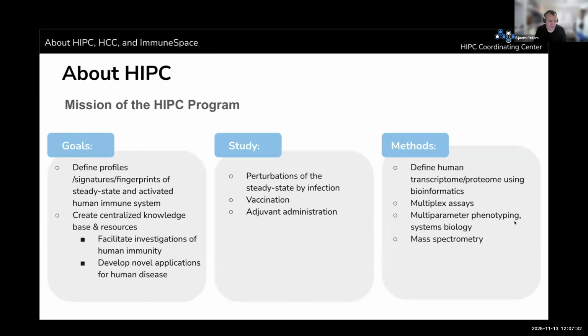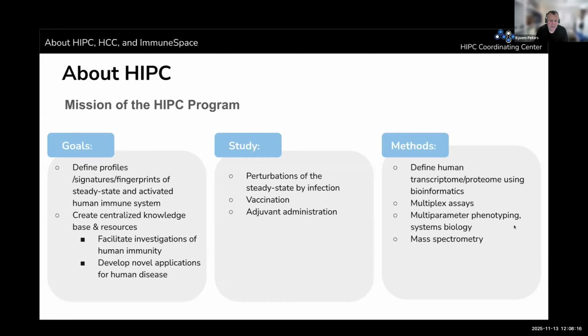So one of the goals is that each center studies human immunological problems where you have a perturbation, such as vaccination or infection or transplantation, and by profiling a number of human subjects that undergo this perturbation, you see what kind of things are perturbed and how those relate to outcomes. So what we want to do is have a resource where we can compare all these different findings and then cross-compare potentially related perturbations by creating a centralized resource and being able to compare these things